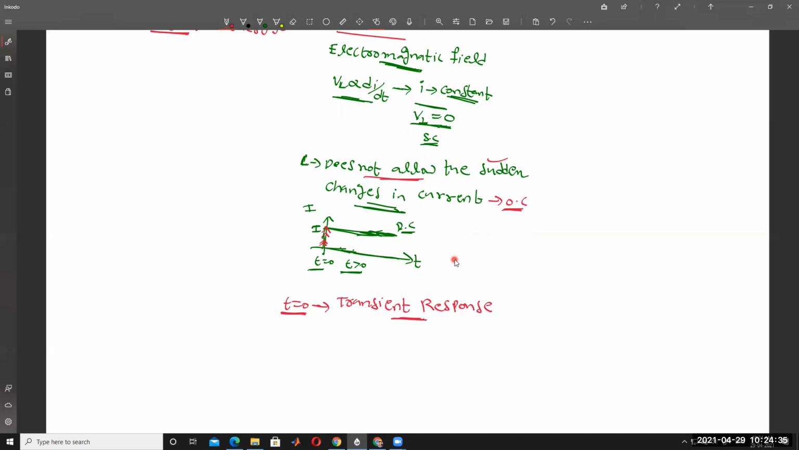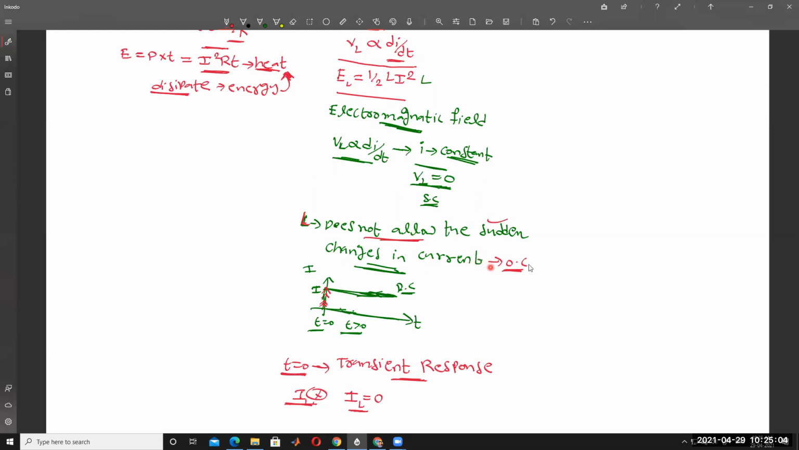Inductor does not allow sudden changes in current. That's why the current does not change suddenly, which means the current flowing through the inductor is equal to 0. It's clear? This is called an inductor. Inductor does not allow sudden changes in